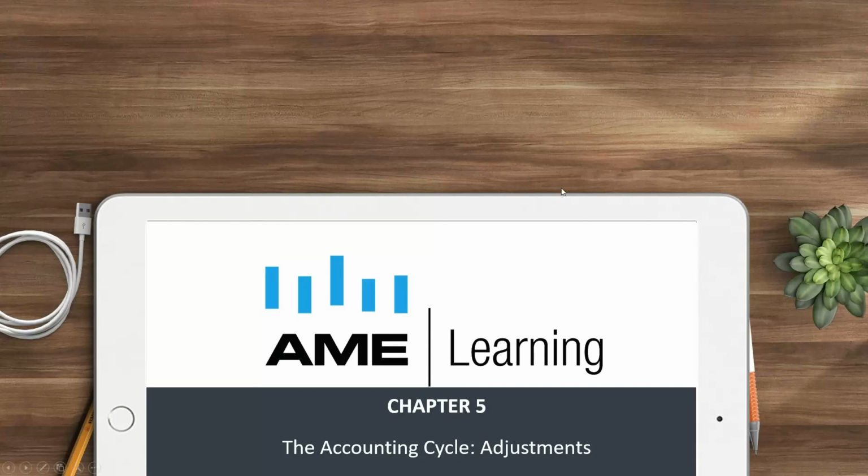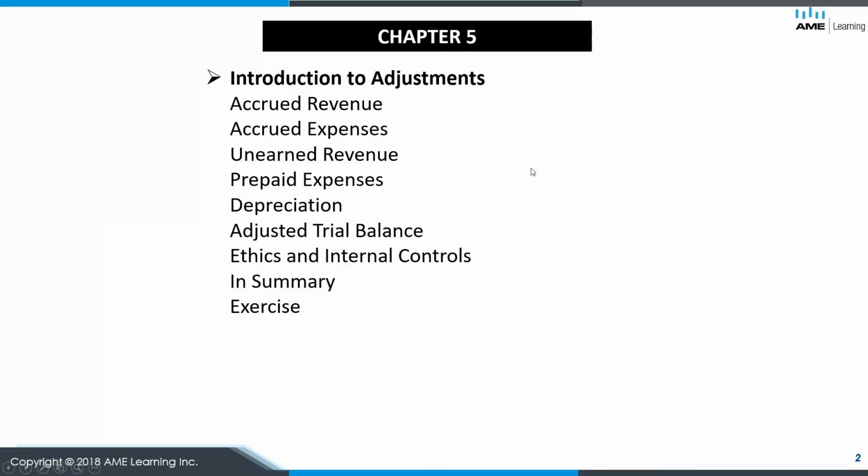Hi everyone, in this video we're going to be taking a look at Chapter 5, and in Chapter 5 we're going to continue on with our discussion of the accounting cycle, and specifically we're going to look at adjustments or adjusting entries. Okay, so we're going to begin, like I mentioned, talking about adjustments, as they call them here, adjusting journal entries,